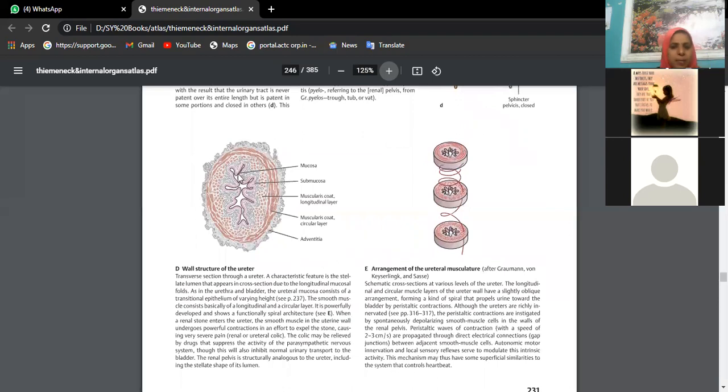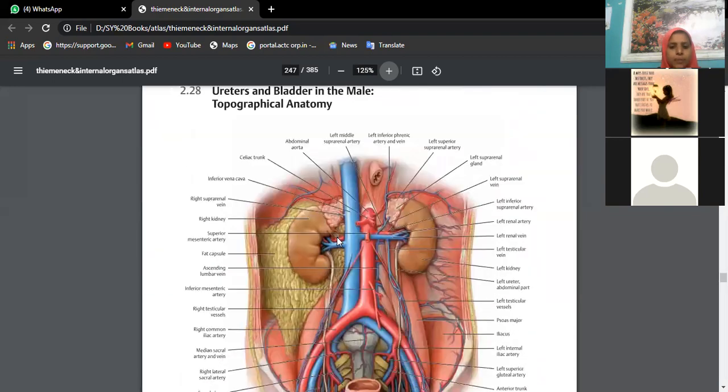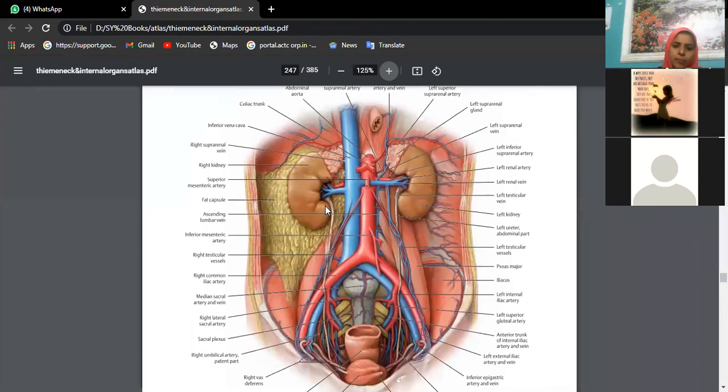What is the lining epithelium of ureter? It has transitional epithelium. When you look at the ureter, when it starts in the kidney, that is the pelvis part of the ureter, and in the further journey you will see it is running in the abdomen. That is the abdominal part of the ureter, which is running over the psoas major muscle. It is crossed anteriorly by gonadal vessels. These are gonadal arteries. In case of females, it is ovarian artery, and in case of males, it is testicular artery.